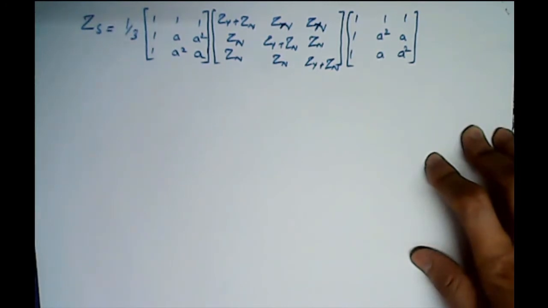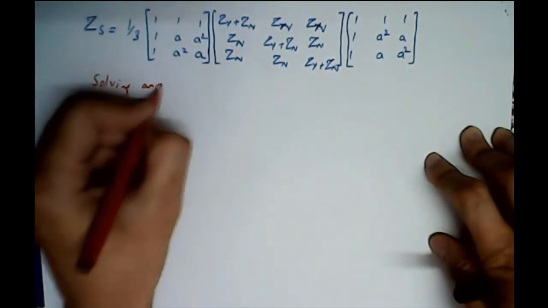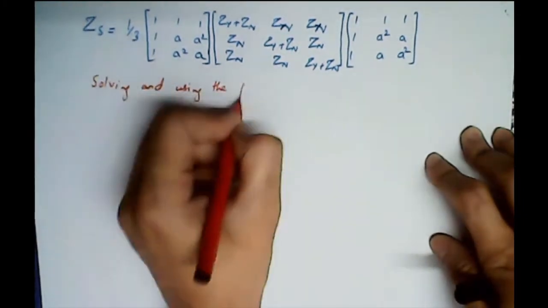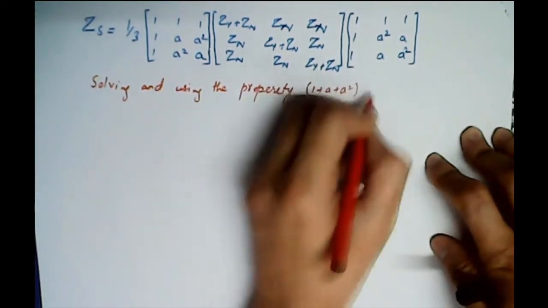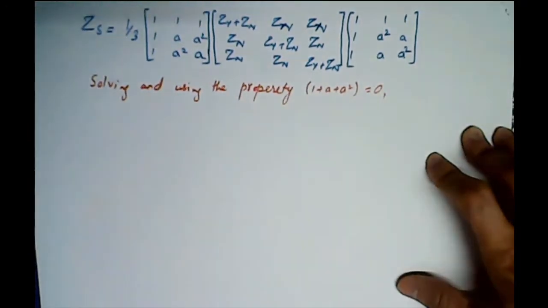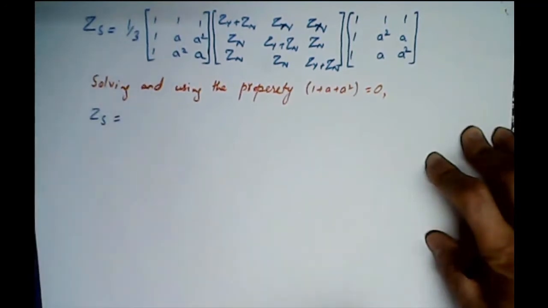The answer that we get is Zy plus Zn plus A square Zn, and we know that 1 plus A square equals 0. Solving and using this property, the simplified version that we get for Zs is that it equals